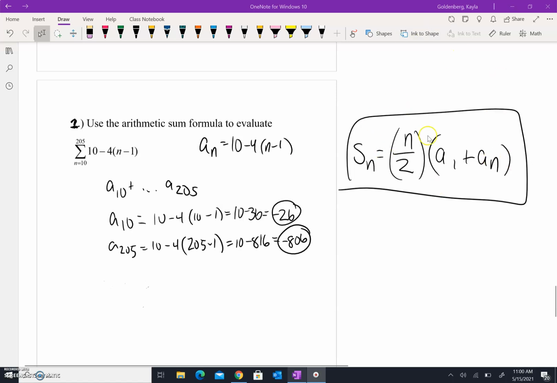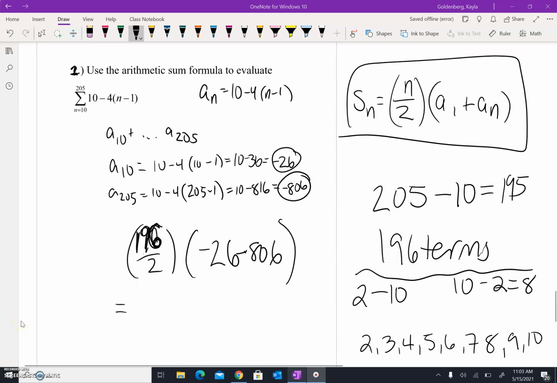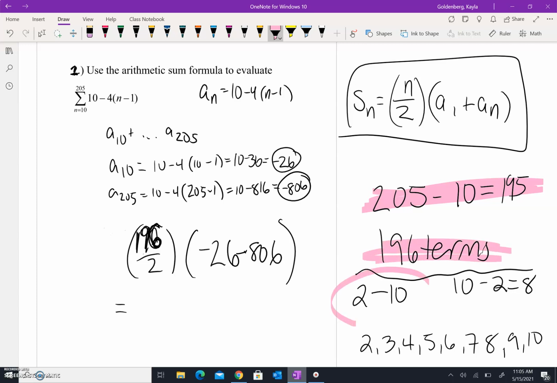I have got my formula over here. So if we want to find the sum, we're going to have to take the total terms divided by 2, times the first one, negative 26, plus where we stop, which I'll just do as minus 806. Now to find the number of terms, you might think 205 minus 10 equals 195. Super logical. What is annoying, there's actually 196 terms. For confirmation, take a look at 2 to 10, and notice when you subtract, you actually need to add 1 at the very